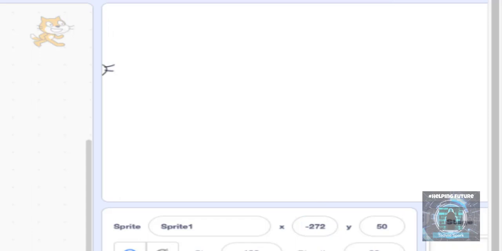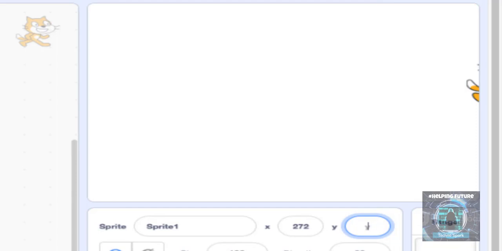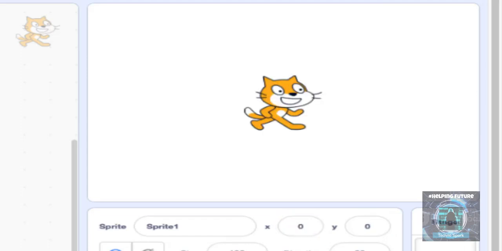And when I do this, it will walk 50 steps, so it is coming onto the screen. Isn't it great? So we are going to bring it back to x0 y0, which is again the middle of the screen. So x will be 0 and y will be 0. And when you hit enter,